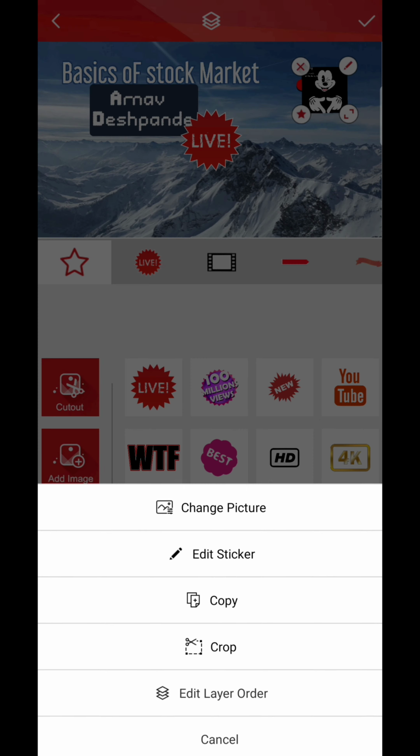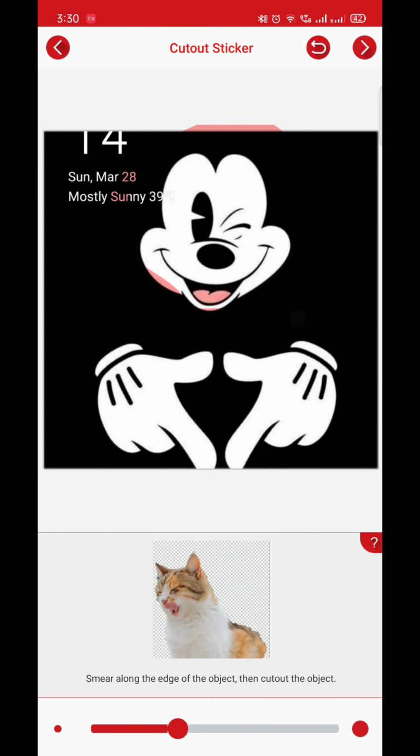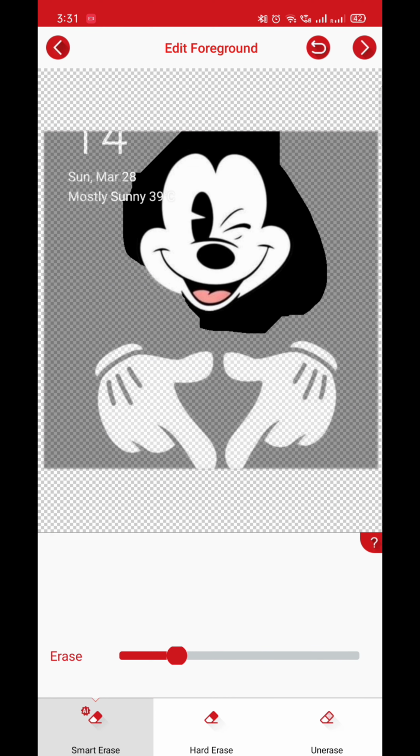And even if you want to edit the sticker more, you can cut out this object in this way. I'll cut out this shape here, and it has got cut out. It is showing a tutorial of this one. And even you can erase the rest of the things in the image also.